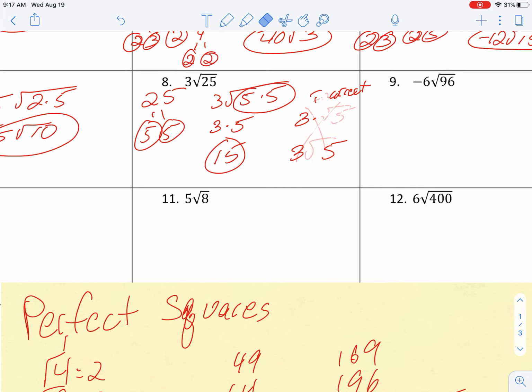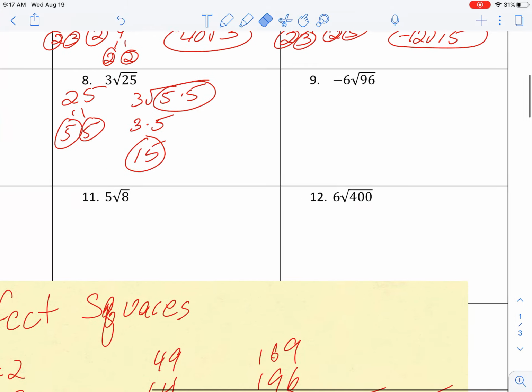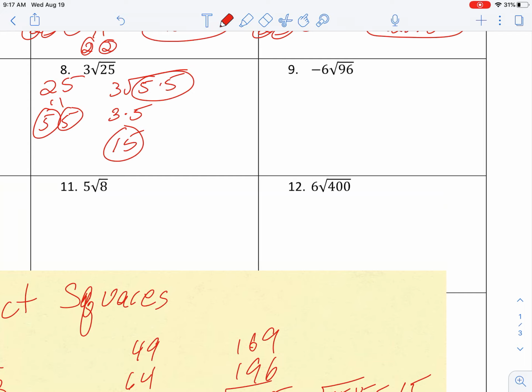Okay. So let's look at the next one then. Now that 96 gets a little bit larger there. So it ends in a 6. It's an even number. So something gives you 96. 2 and 48. 3 and 16. 4 and 4. 2, 2, 2, 2. Sorry for the mess there. Okay, how many 2s do I end up with? 5